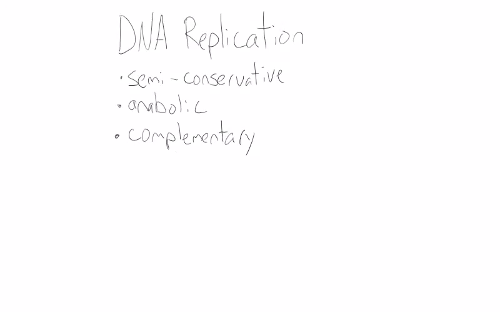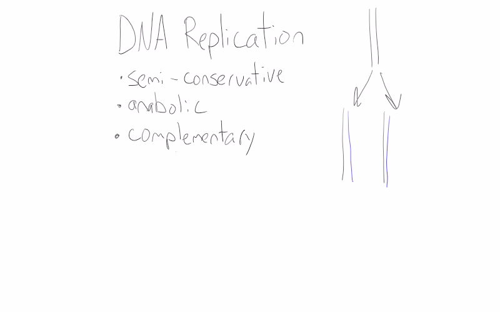Okay guys, so today we're going to be talking about DNA replication. A few main ideas before we get started. First, the idea that DNA replication is semi-conservative. What that means is if you're starting with a parent double-stranded DNA sequence, you'll end up with two daughter strands. Each daughter strand contains one strand of DNA that came from the parent strand and one newly synthesized complementary strand